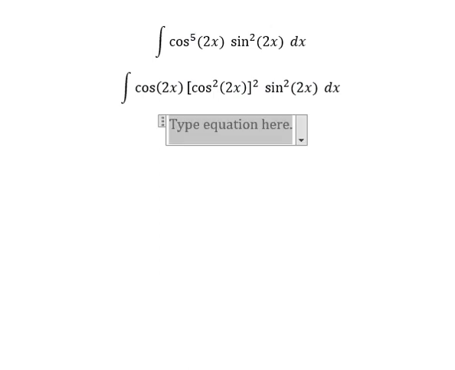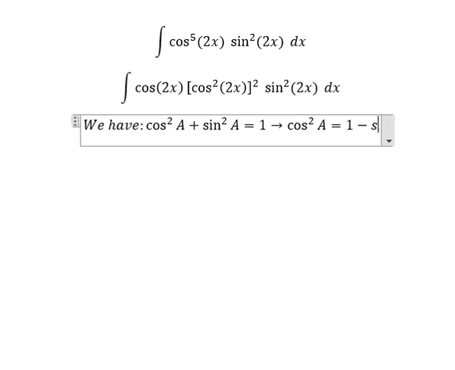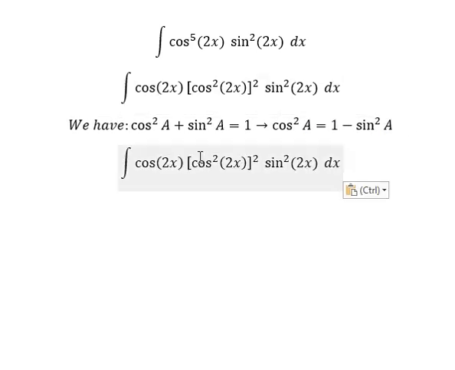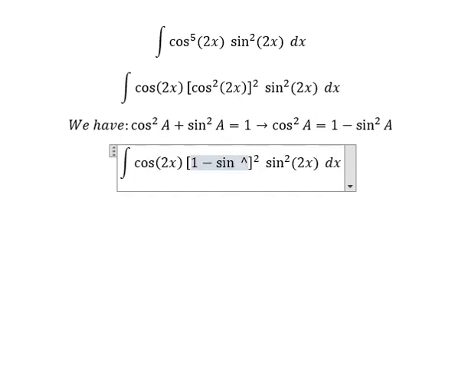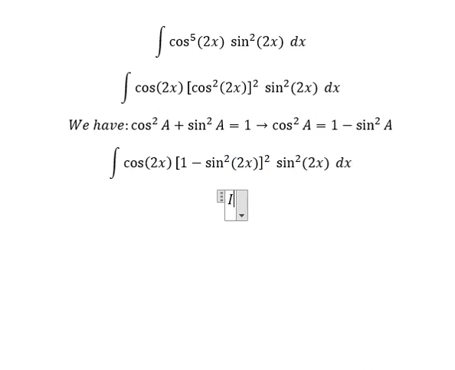So we have the formula in here. So we put this one go to the right. Cosine 2x square, that is equal to 1 minus sine 2x square. Next, we can use integration